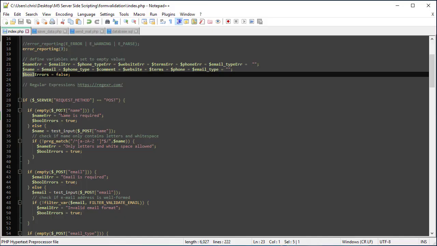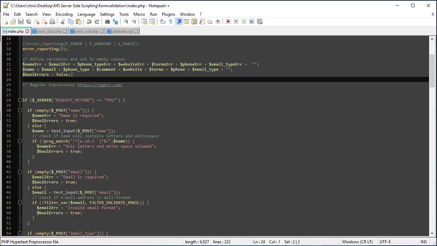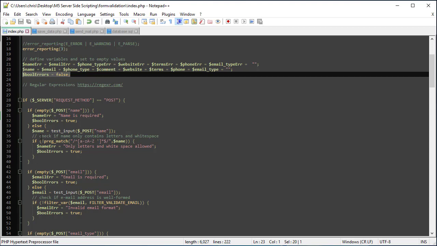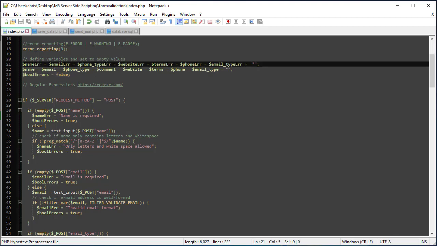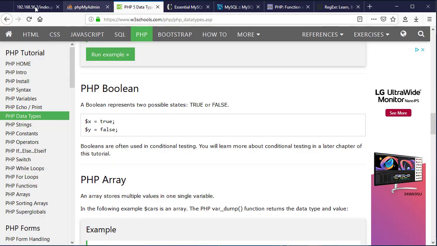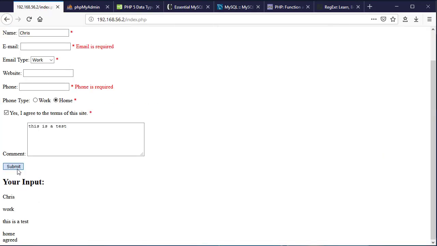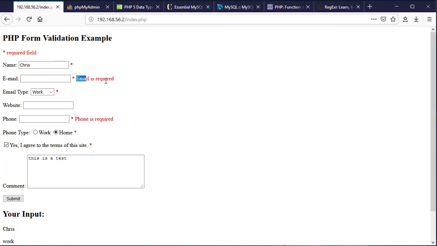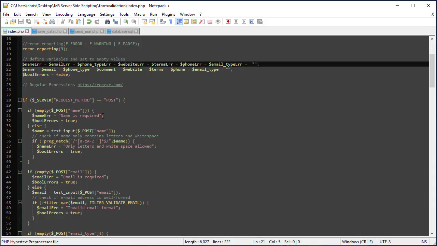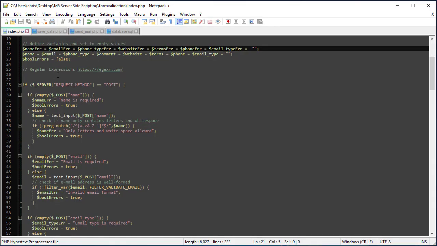And in our example, I use that as a flag to check to see if there are errors with the form. Okay, so to look at the form again, this is an example of an error message, email error, phone error. If we go a little bit further into the code,